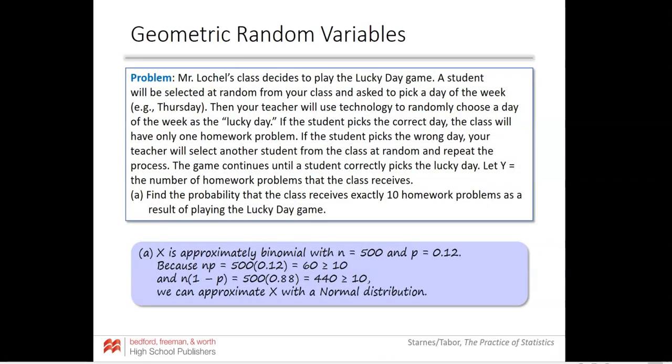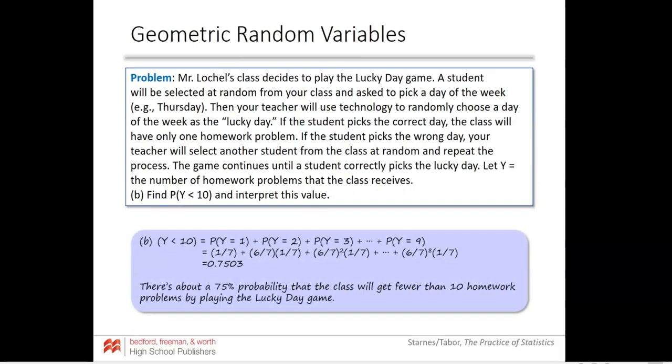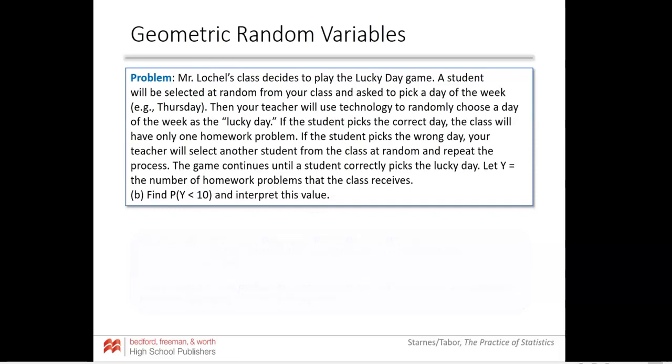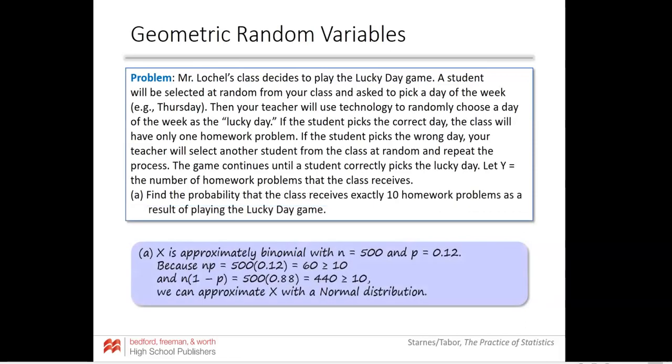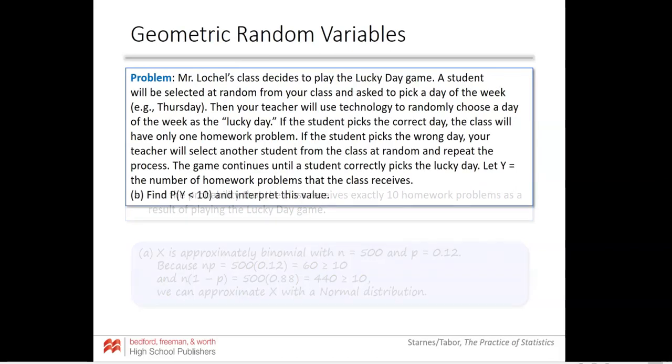So first, does it pass the test? So n is 500, p is 0.12. Because np, probability of success and failure, we already figured this out. It is a normal distribution. Is that the same problem? This is not the same problem, is it? So that was bad information there. Okay, so